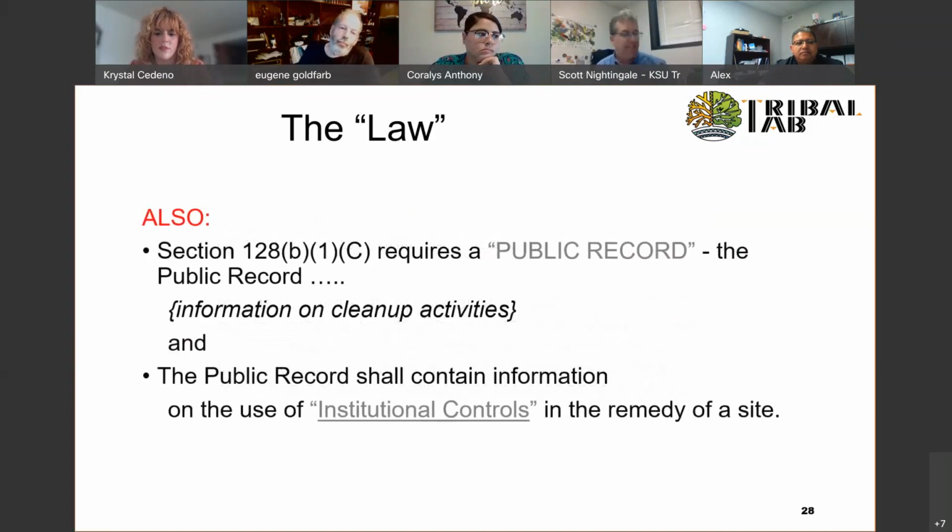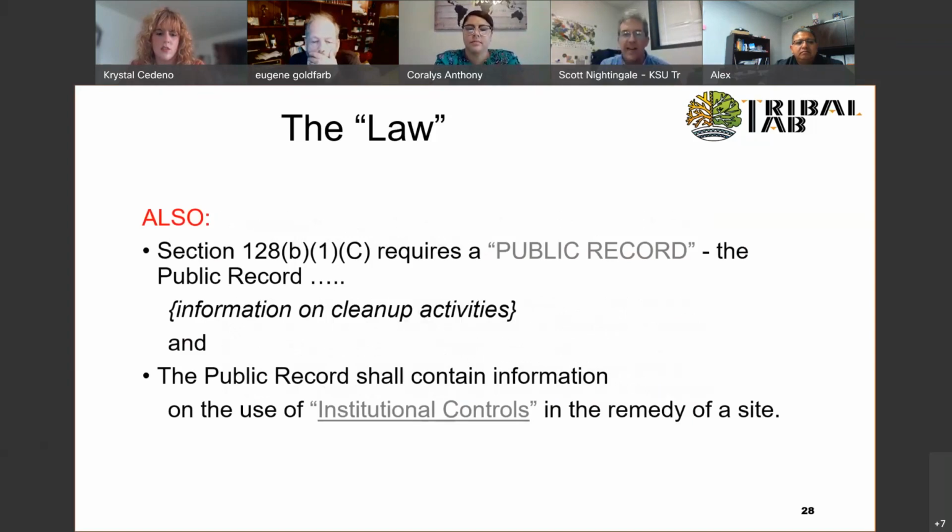But what that does is it's there, and in the future, if maybe you don't want to put housing there right now, but 10 years from now, somebody's going, oh, we don't want to do that. That was the old dry cleaner. Well, there will be a record there for all the tribal members to see. Hey, it was a dry cleaner. They tested it. They cleaned it up. It's perfectly safe. You know, comfortable now going in and having housing there.